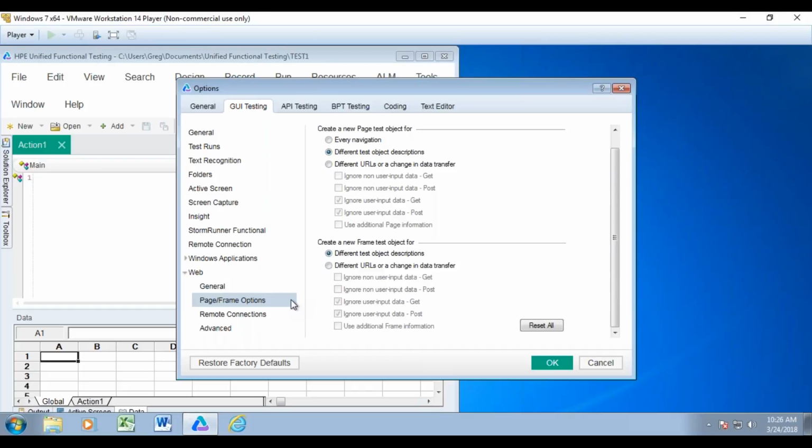Okay. All right. So now we click on create a new page test object for different test object descriptions and create a new frame test object for different test object descriptions, because we don't want UFT to create